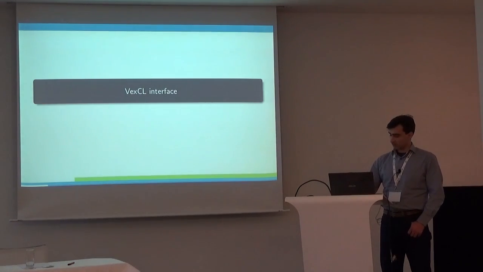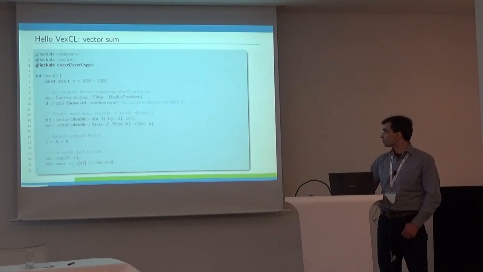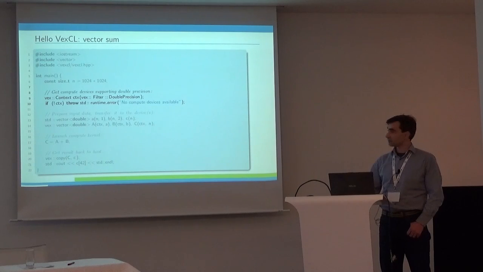So just to give you a short overview of the VexCL interface, here is a minimal program written with the use of the VexCL library. First we include this header, vexcl.hpp. Then we initialize the VexCL context with a device filter, and every compute device that satisfies this filter, in this case every compute device that supports double precision, will be grabbed for this context, and you will work with the devices later on. Then you allocate some vectors on the GPU, you move some initial data into the vectors, and then the